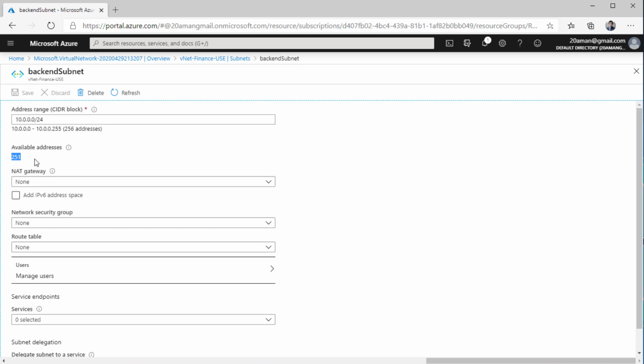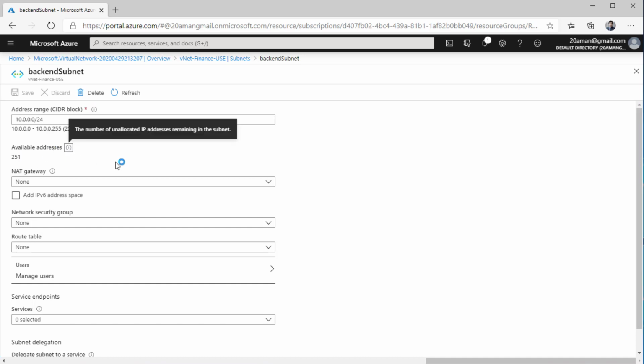For any subnet that you create within Azure, Azure requires at least 5 addresses that it blocks for its own internal usage. After blocking all those addresses, you are left with whatever the total number of addresses are there in the subnet minus 5. So 256 minus 5 comes out to be 251.